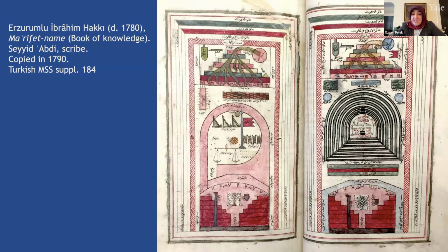And this is one of the 5 known copies in American institutions. The Special Collections Research Center of the University of Michigan holds a copy. New York Public Library has 2 copies, and Vassar College also has a copy, which I am proud to have discovered very recently last summer with Ayşe Çiçek Ünal. By the way, as a side note, the Vassar copy is dated 1781, right after the author's death, which is